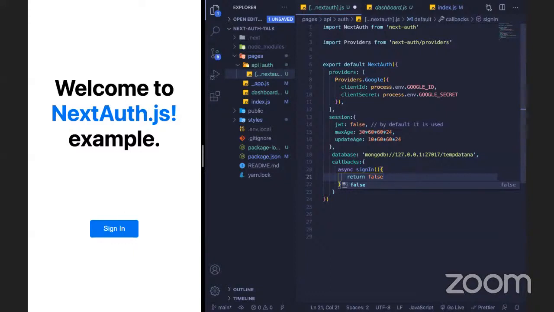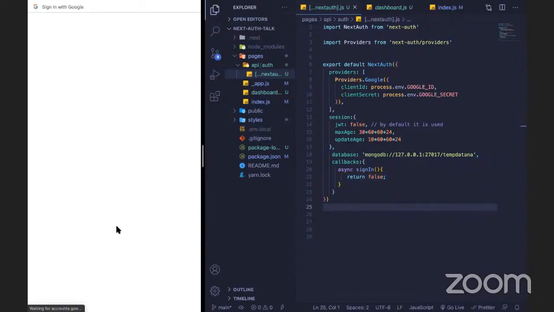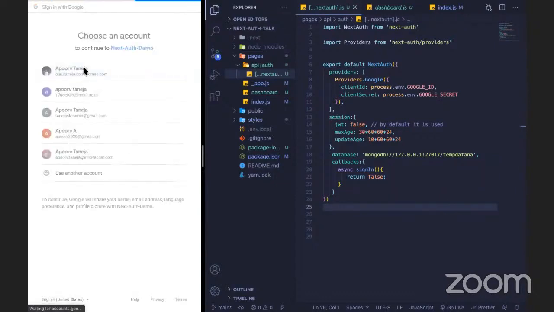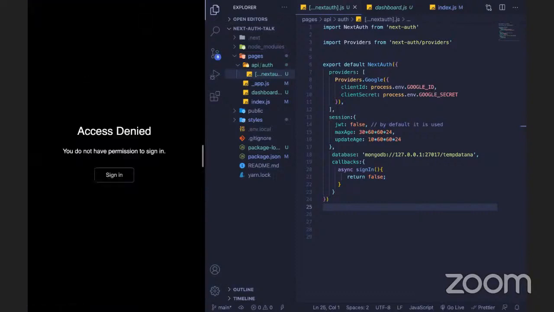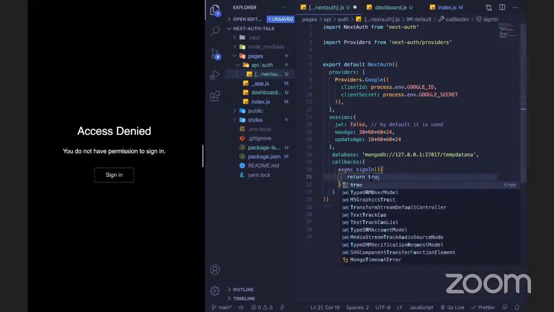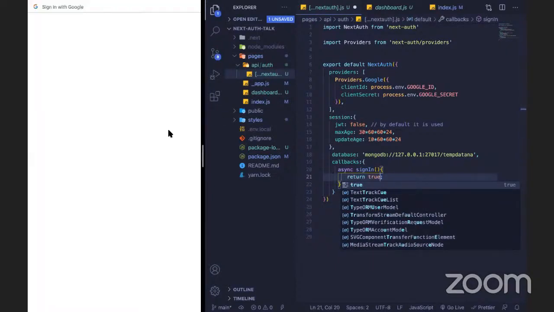If I return false and try to log in now, it says access denied, because I have written false. It won't allow the user to log in. But if I return true, which is the default, it will automatically allow me to log into the application.